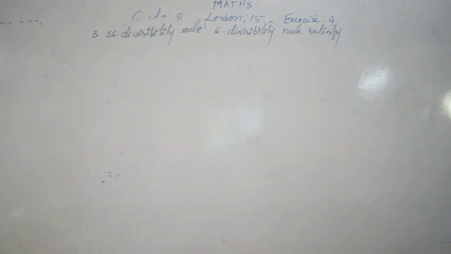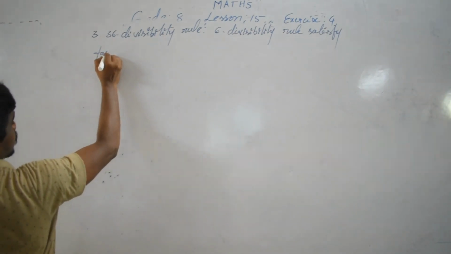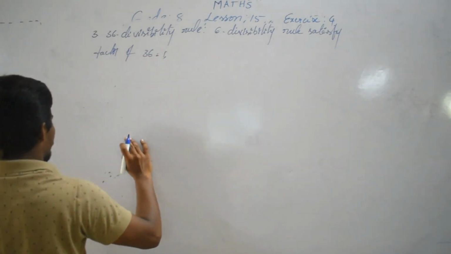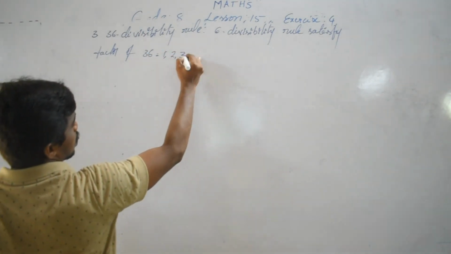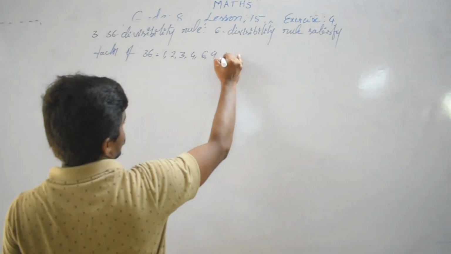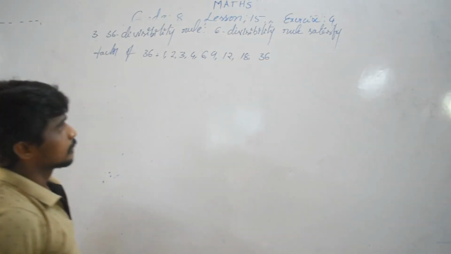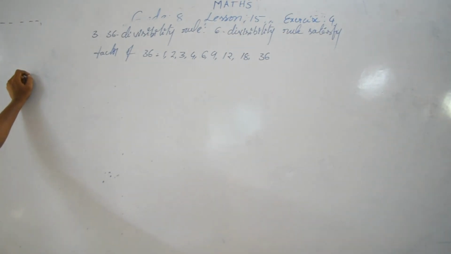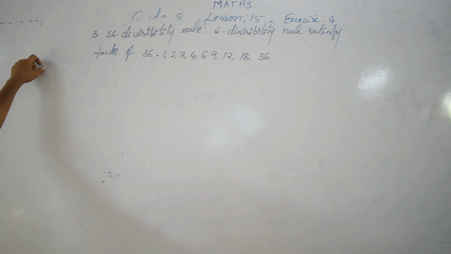Two numbers are given. First one, the factors of 36: 1, 2, 3, 4, 6, 9, 12, 18, 36. So these are the factors of 36. I know everyone knows factors. Next one, here it is asking